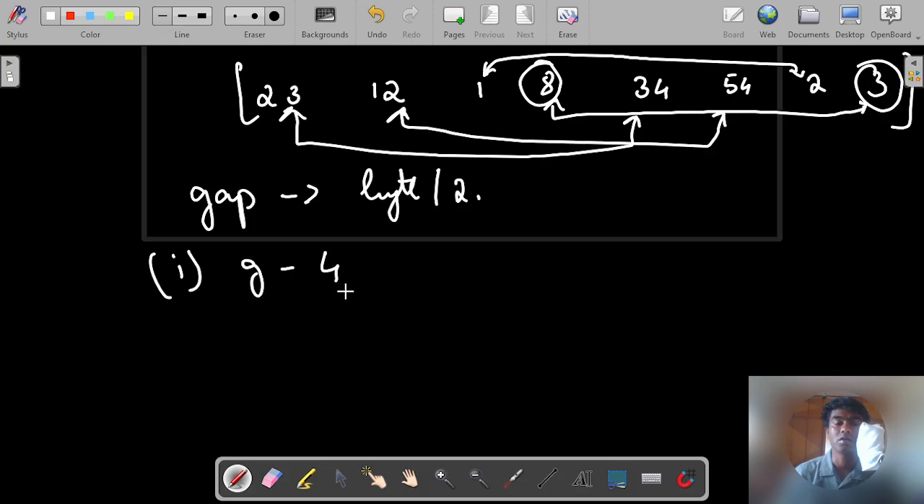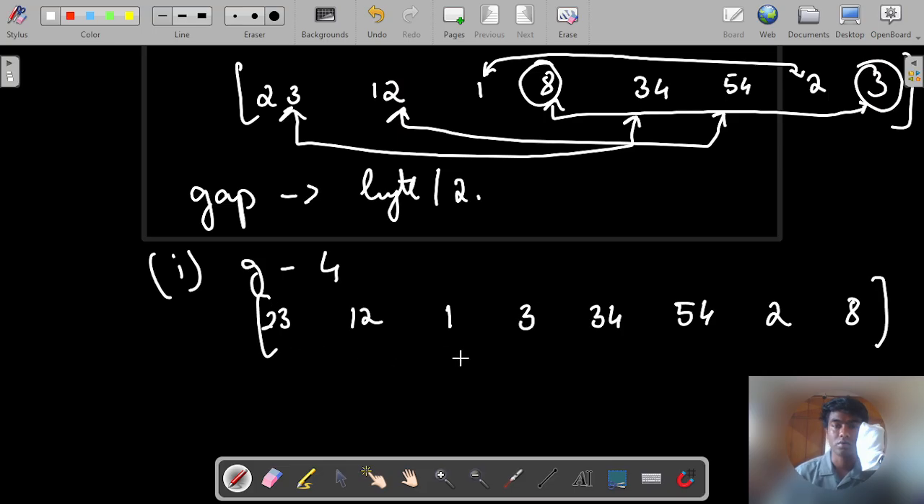So after gap 4, we get a result of 23, 12, 1, 3, 34, 54, 2, and 8. So this is the value, right? Once this is done,